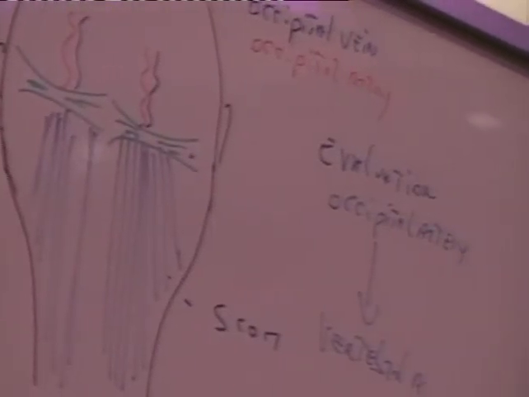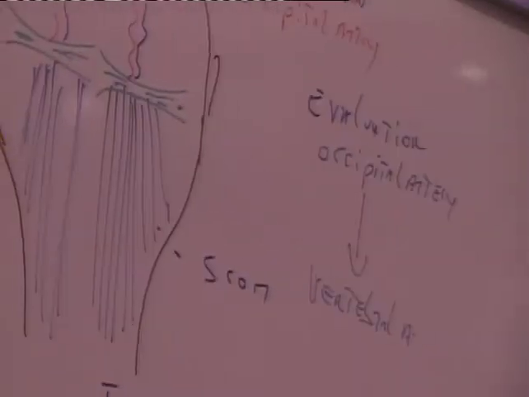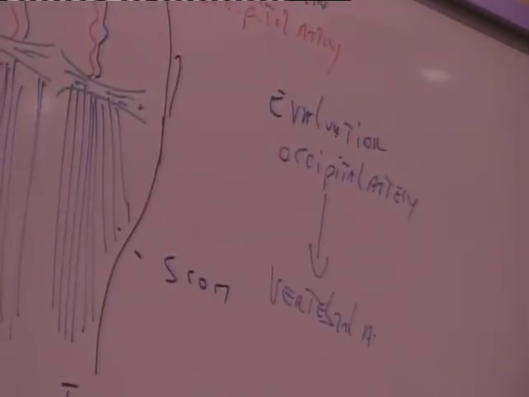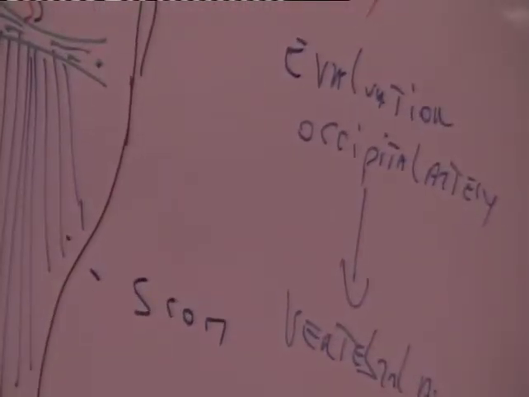So if we come back, we have the vertebral artery, and we have an anastomosis with the occipital artery. When you check the pulse of the occipital artery, you check the pulse of the vertebral artery, so you know if your cerebellum is fed correctly by the